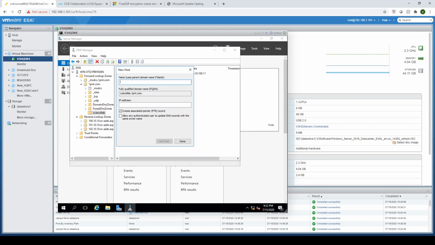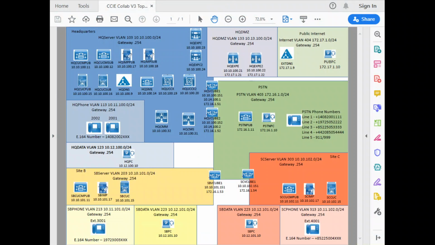Essentially, we go through our topology and look at each of those host names that we have, adding in every one of those for all of our HQ site, our site B, site C, adding those all into our DNS names so that everything is prepared there. Once we get all done with all of these, we're going to be looking at taking a snapshot of this so that when we need to, we can go back and restore back to this point so that we'll have all of our DNS names already pre-configured for us,